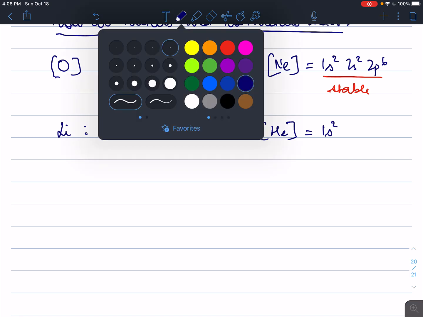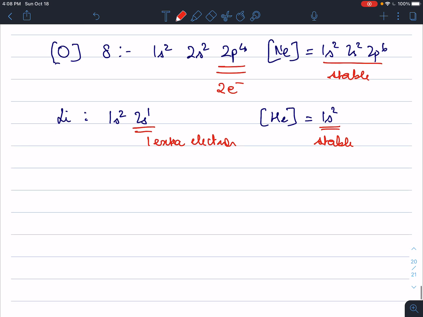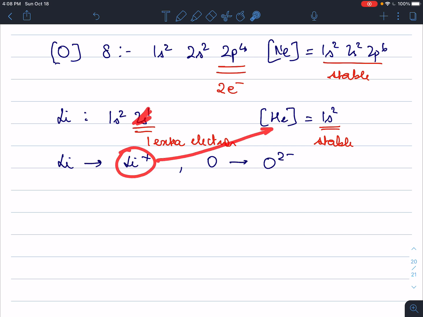Okay? So now we know this is stable, but lithium has 1 extra electron. So lithium likes to give away its electrons, whereas oxygen likes to take up electrons. That is why lithium is stable as Li plus, oxygen is stable as O2 minus, because O2 minus with 2 extra electrons is the electronic configuration of neon, and lithium plus with 1 less electron is the electronic configuration